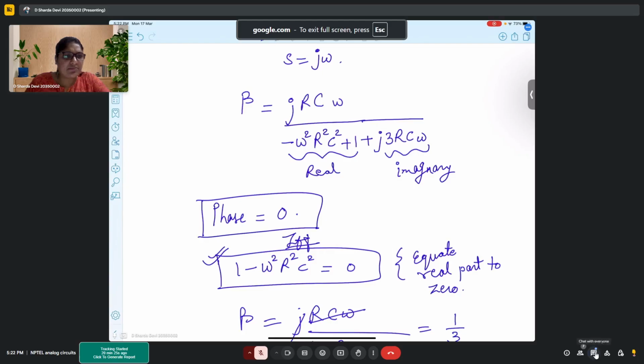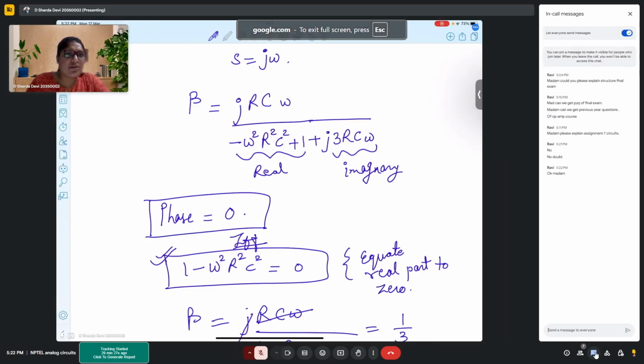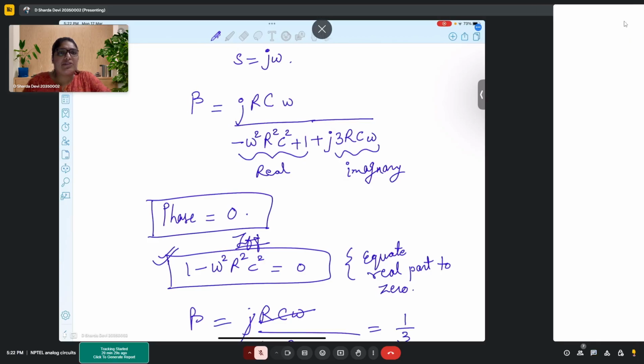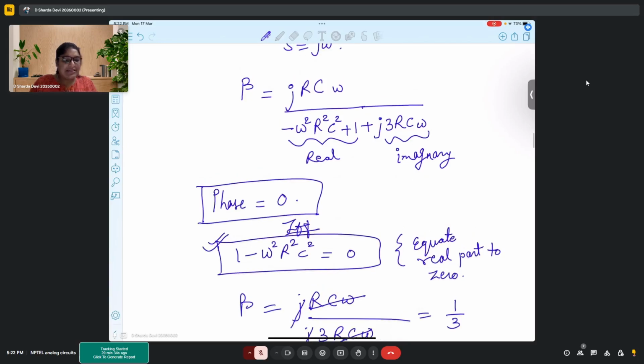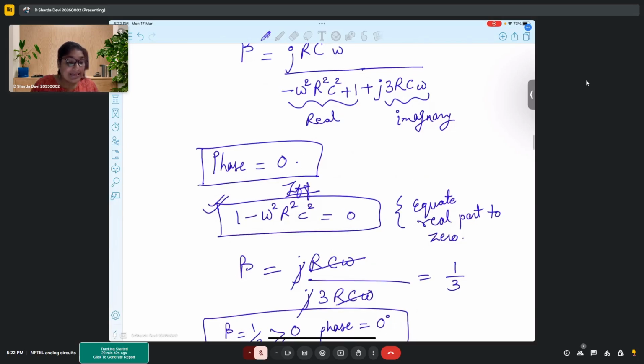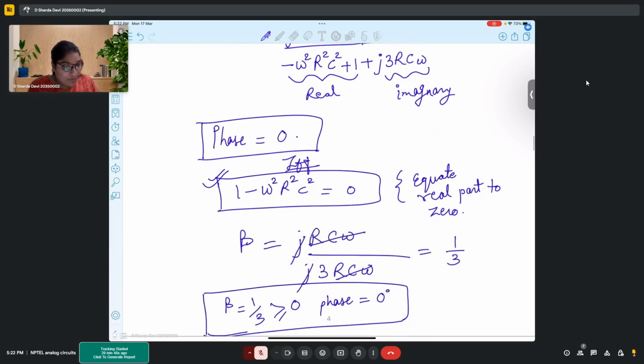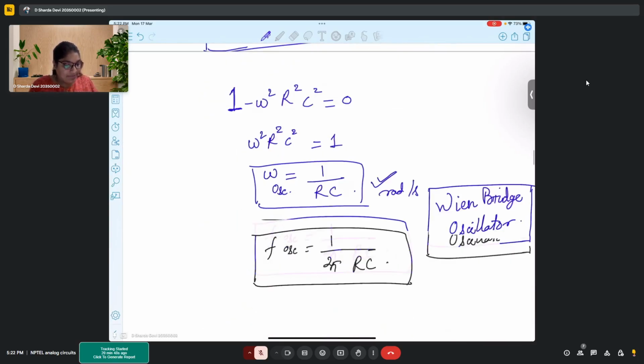I guess there was some message. Okay. So this is how we analyze it for the Wien bridge oscillator, and I'm sure all of you must have done the RC phase shift oscillator. There is a lot of content available already on the RC phase shift oscillator. So yeah, till now we have understood